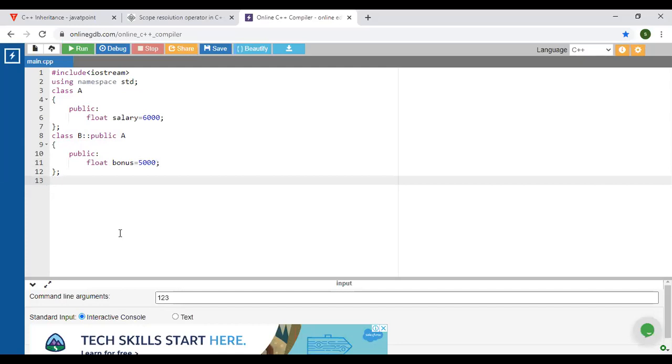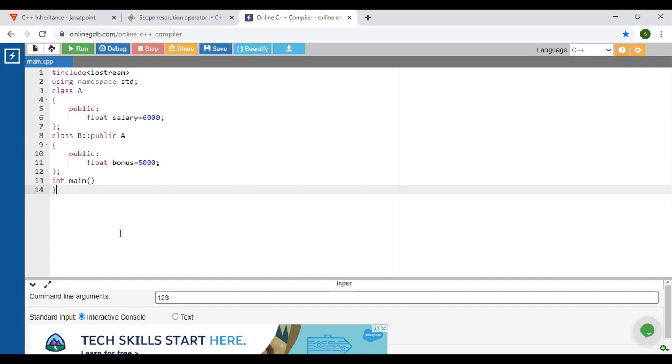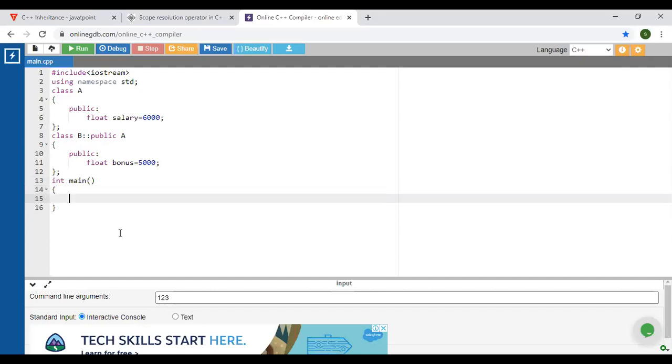Next, now which class are we going to call, class B or class A? For which class are we going to create the object?